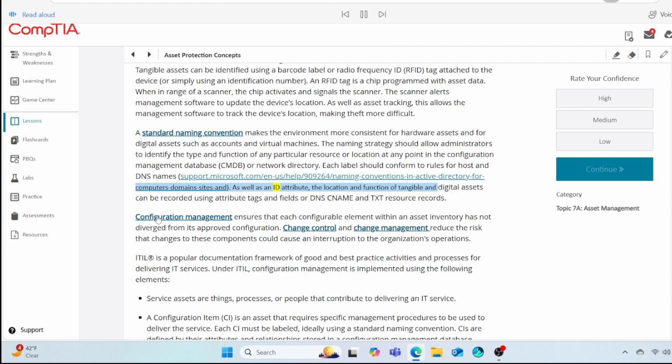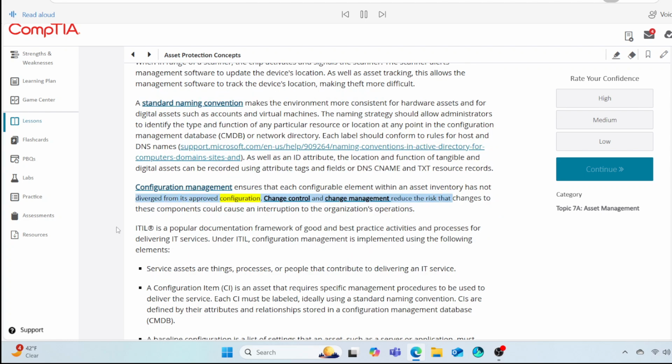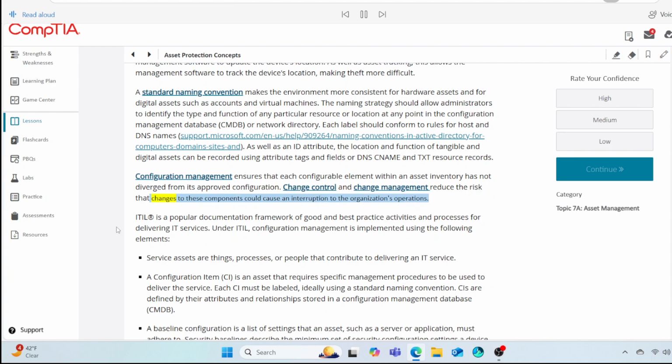as well as an ID attribute. The location and function of tangible and digital assets can be recorded using attribute tags and fields or DNS name and TXT resource records. Configuration management ensures that each configurable element within an asset inventory has not diverged from its approved configuration. Change control and change management reduce the risk that changes to these components could cause an interruption to